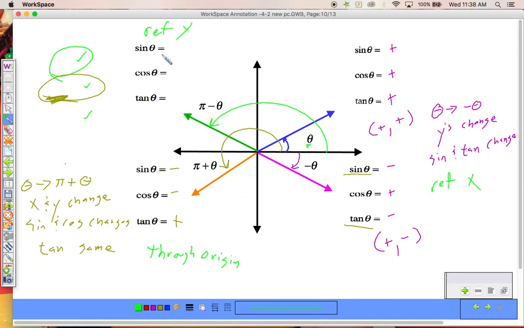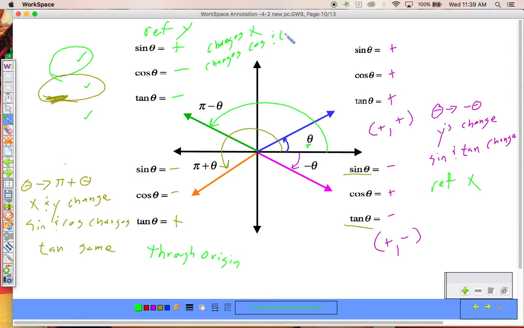When I go from the first to the second, from theta to pi minus theta, over here in the second, my sine is positive, my cosine is negative, and my tangent, positive over negative, is also negative. So from theta to pi minus theta is a reflection over the y-axis, which changes my x,